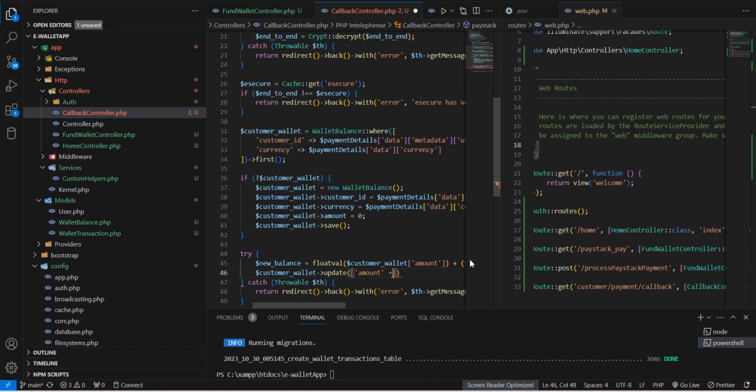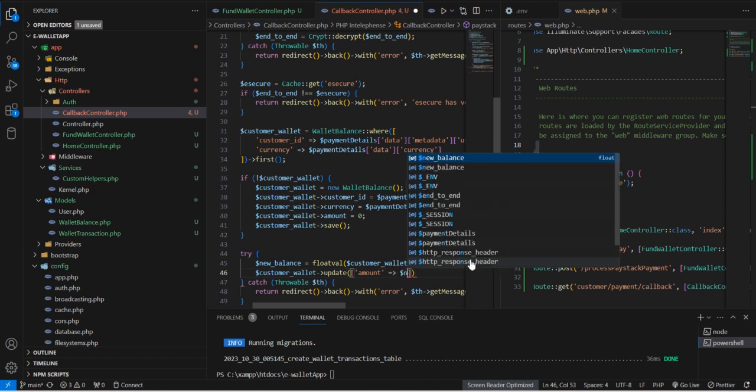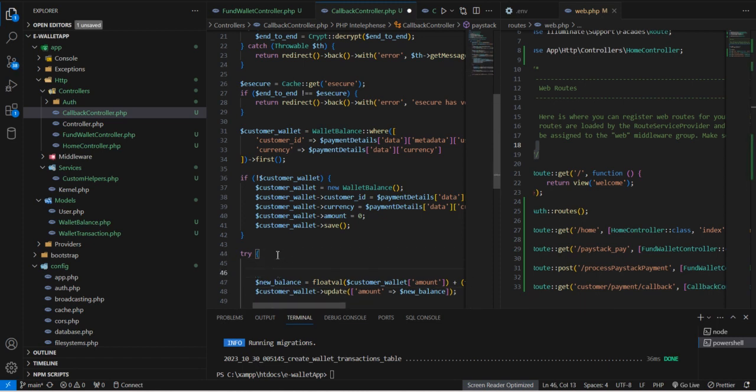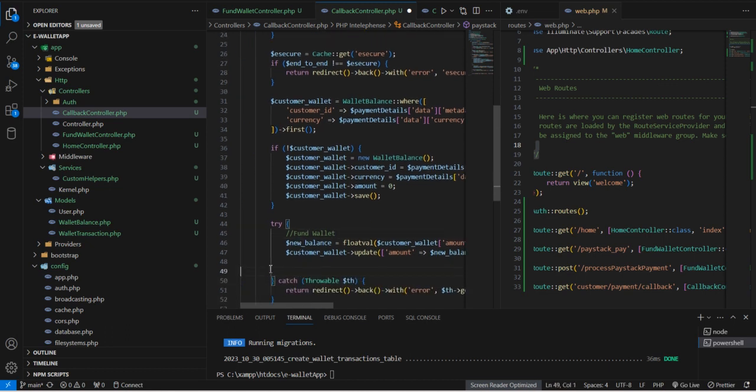Yeah, the new balance is now the new amount. Yep, and that. Okay, let's just move that down. Fund wallet, and beneath this, let's